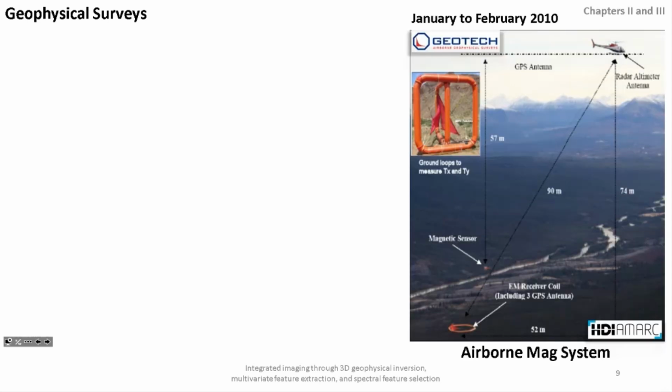Geotech acquired the aeromagnetic data as a part of the combined magnetic and EM survey carried out between January and February 2010 on behalf of Amarc. The ZTEM data, that is the Z-Tipper electromagnetic data sets, are interpreted by our colleagues from the University of Alberta, and the magnetic data sets are used in this study. We also use airborne gamma data sets from the Geological Survey of Canada in the form of potassium, thorium, and uranium